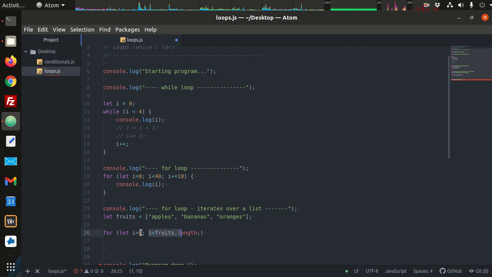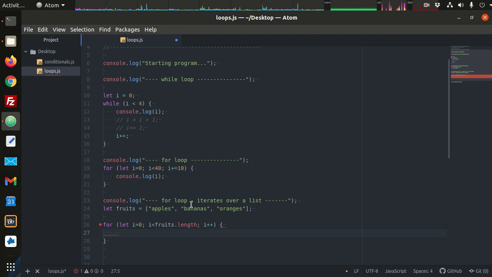Okay, so you'll see this form a whole lot. You're going to see let I equal to 0, that's your initialization, and then you're going to see as long as I is less than the length. And then you increment I for the last statement, I++. So this form is one of the most common ways you'll see a for loop used. You have an index that you're trying to pair with the items in a list. And so here you would say let item equal, and then our list is fruits. So I'm going to access the item at index I,